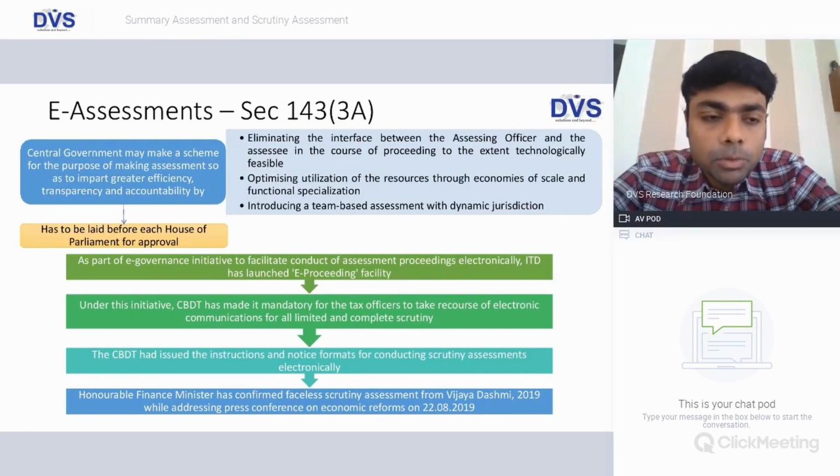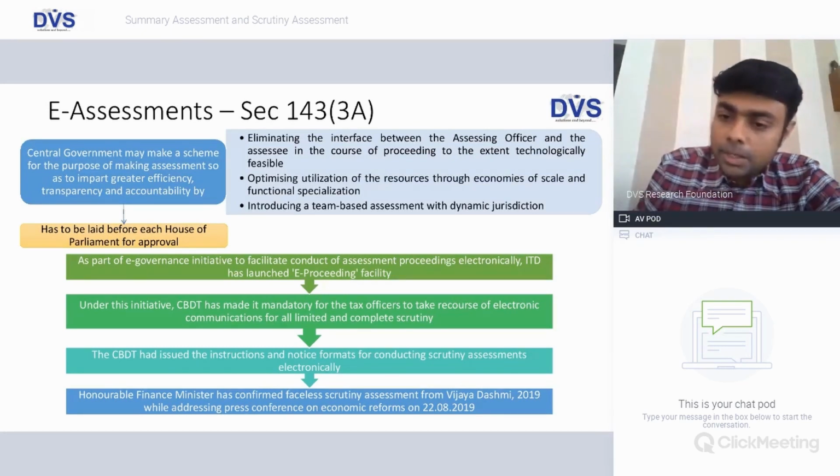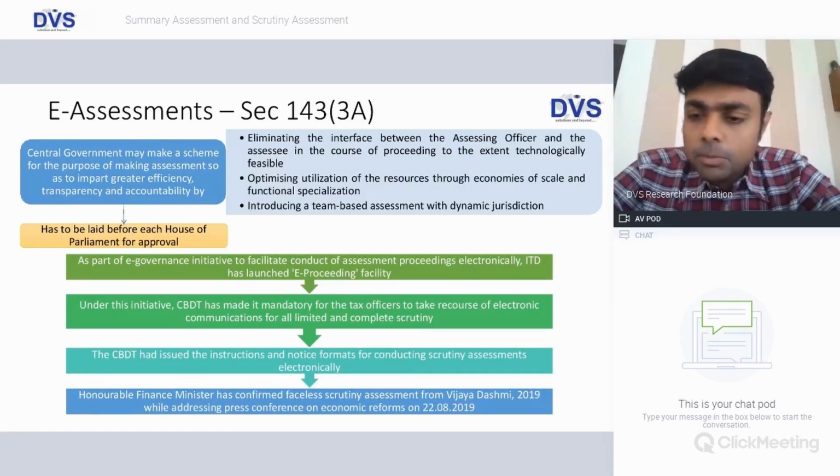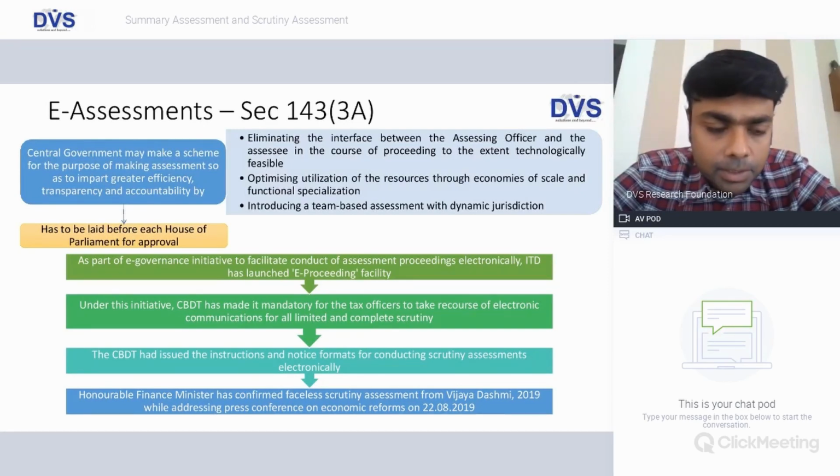143.3. This is one of the most awaited schemes by the Parliament, which has been announced in the present budget. A scheme which is likely to completely change the way in which tax assessments are being carried out in this country: e-assessments. Now, before we get into e-assessments, friends, we'll try and understand how assessments currently happen in this country.